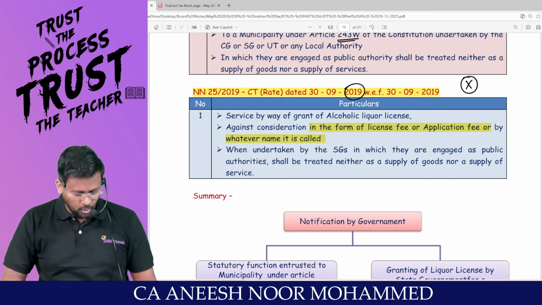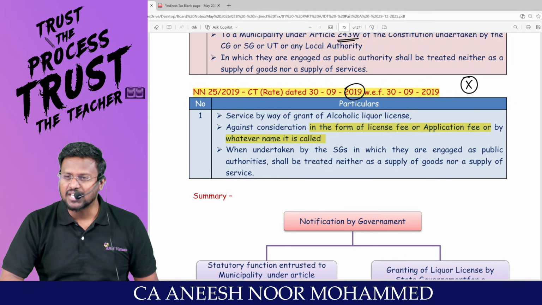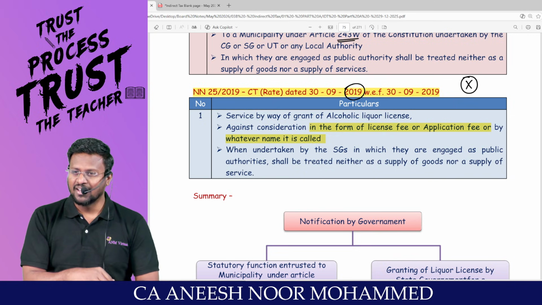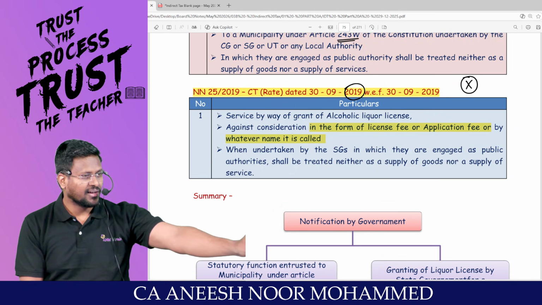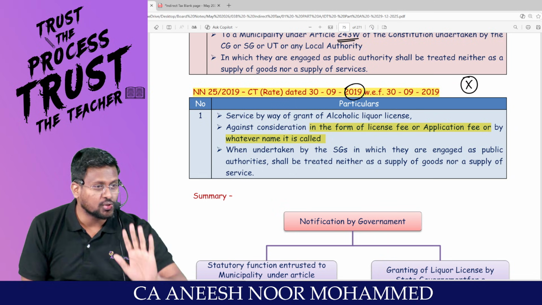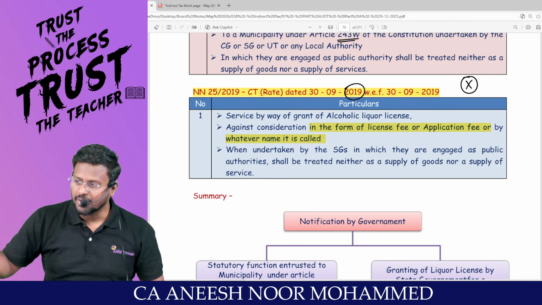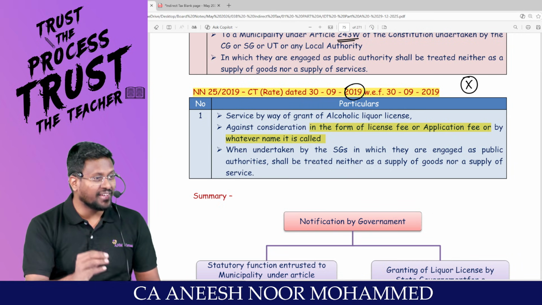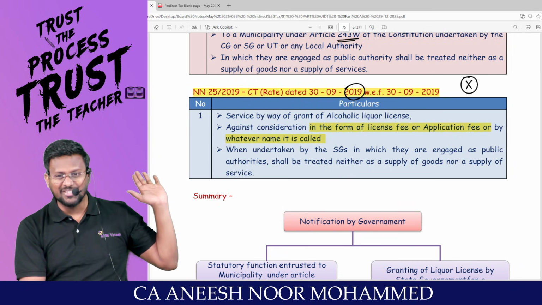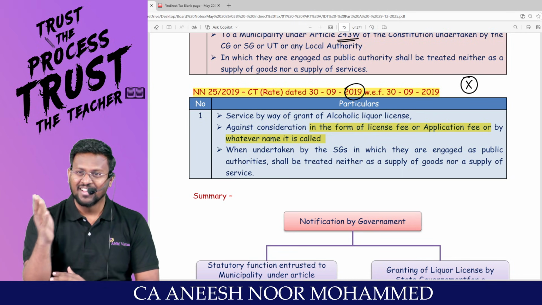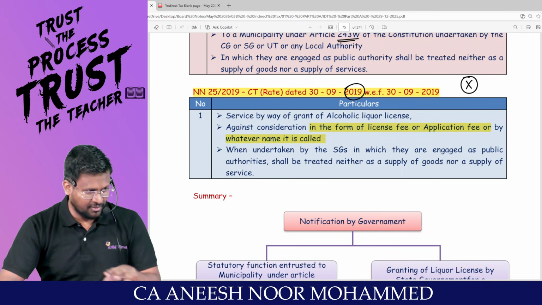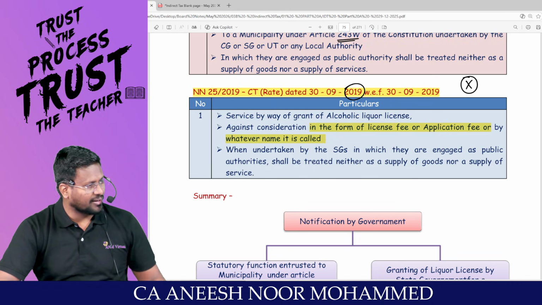Actually, what they are supposed to do now, I will ask: where do you want to start the liquor shop, man? Bar, where do you want to start? Sir, I want to start a bar very next to a school because a lot of people are there. So many customers will come and go. Students, it will be very useful for them. They are traveling so far to get a bottle. So let me start the shop near our school.